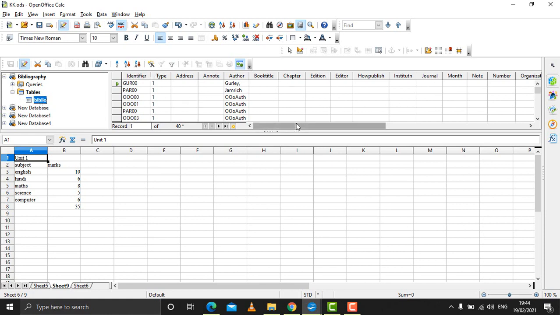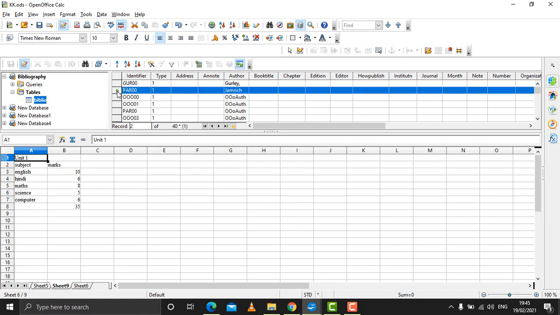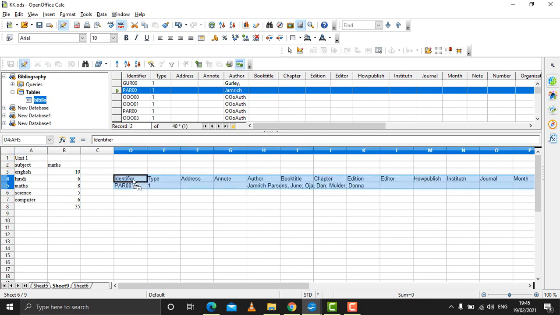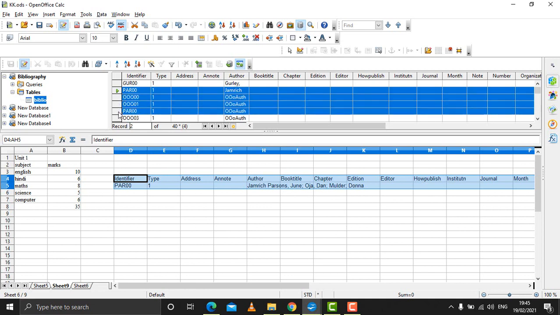So now what you can do is import the data from this database to your current table. You can do a simple task. If you want the entire row, click here, and the entire row will be selected. Drag and drop the row to your worksheet, and the data will appear here along with the header. Even if you want to import multiple rows, you can press the Ctrl key and keep on clicking these places. The rows will be selected.